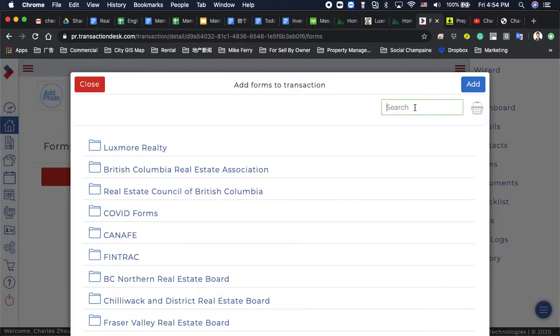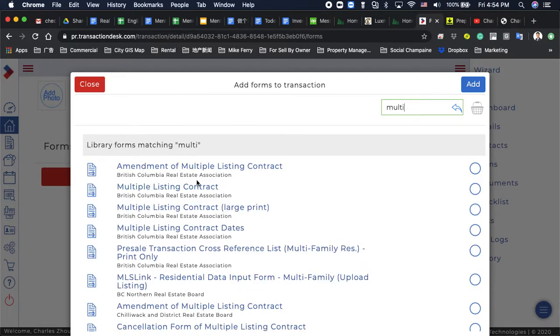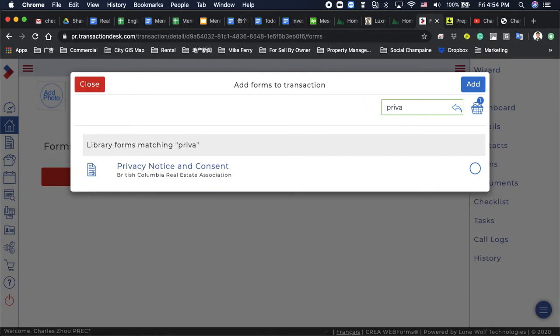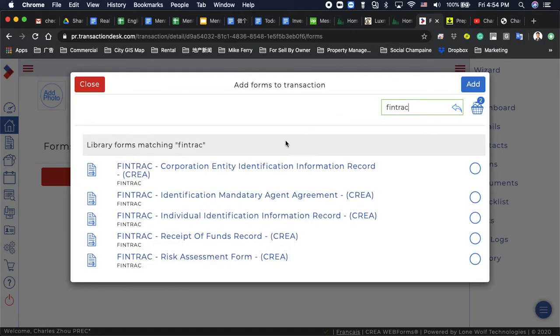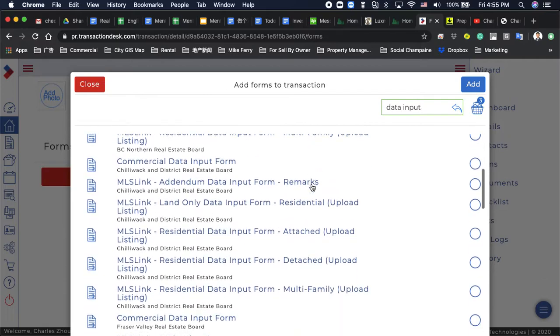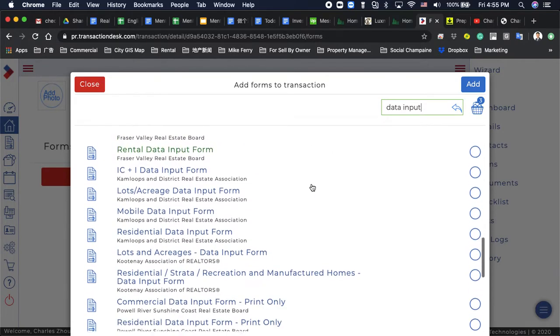Then you can search over here the package forms you need. If you're doing listing, then you can use the multiple listing form. Then you will need to add all the disclosures: privacy consent, FinTrack for individual and corporation if needed, data input, find the one you need for residential,